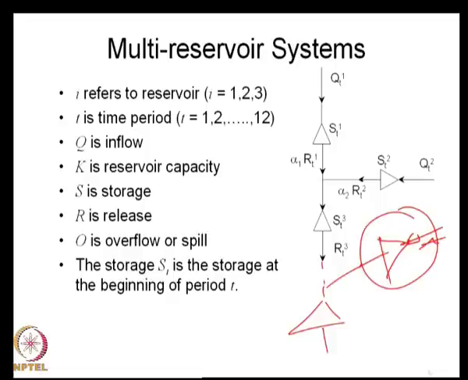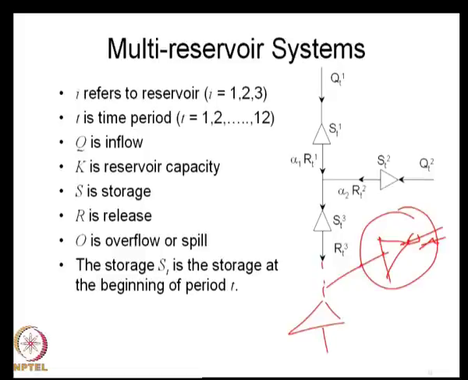Let us say you added one more reservoir here, you just write the continuity for this separately if there is no upstream control structure here, and then this contributes to the downstream reservoir, and R3T is coming from here. So, you add these two and put a continuity equation for this, and so on. Also, at each of these reservoirs you may have different objectives. This may be only for flood control, whereas this may be for flood control and hydropower together, and so on.